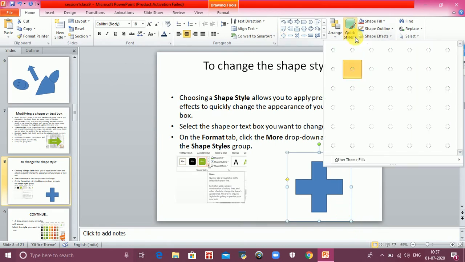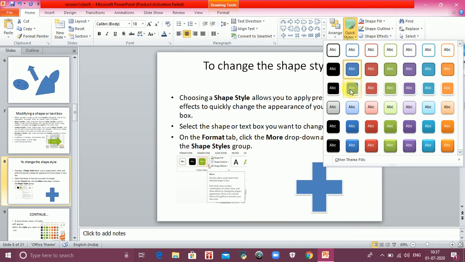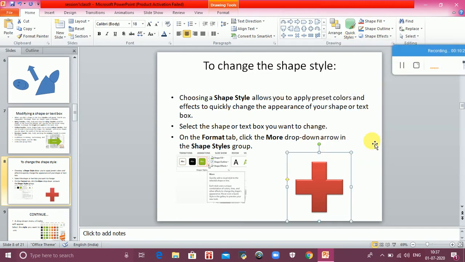Now what you have to do is go to quick style. In quick style you can select various styles for your shape, like this. I'm selecting this shape. This is used to change the shape style. For changing the shape style, we have to go to the home tab. In the home tab we have the drawing group.